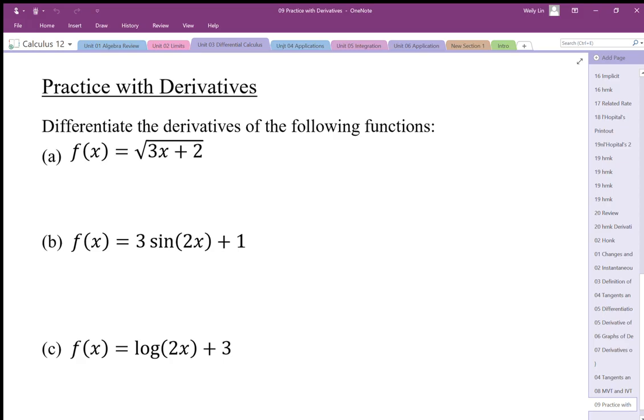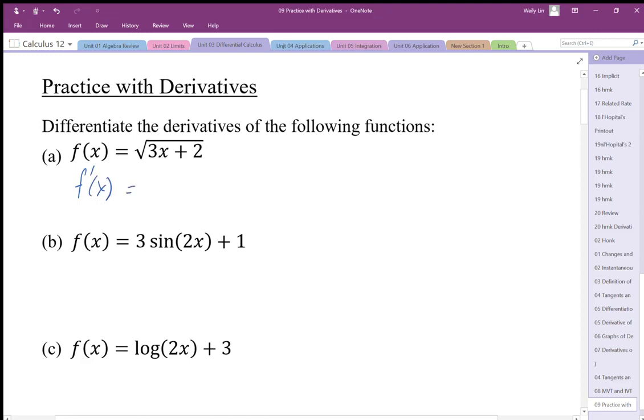We're just going to practice with some derivatives here. Looking at these derivatives, we want to look at what type of rule we're going to use. The first one, we're looking at the power rule. So when we differentiate this,